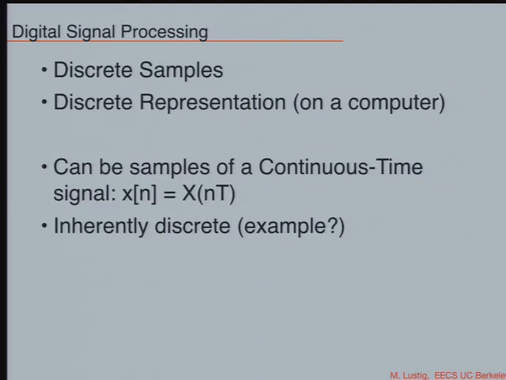So it's beautiful. And those numbers can be a representation of a continuous-time signal, but can also be inherently discrete. Okay? Like if I just look at the signal which is the number of people in this class every lecture, that will fluctuate, and I can filter it and do all sorts of stuff to it, right? Analysis. Okay, that could be a completely discrete signal, right? Because you don't have half a person yet.